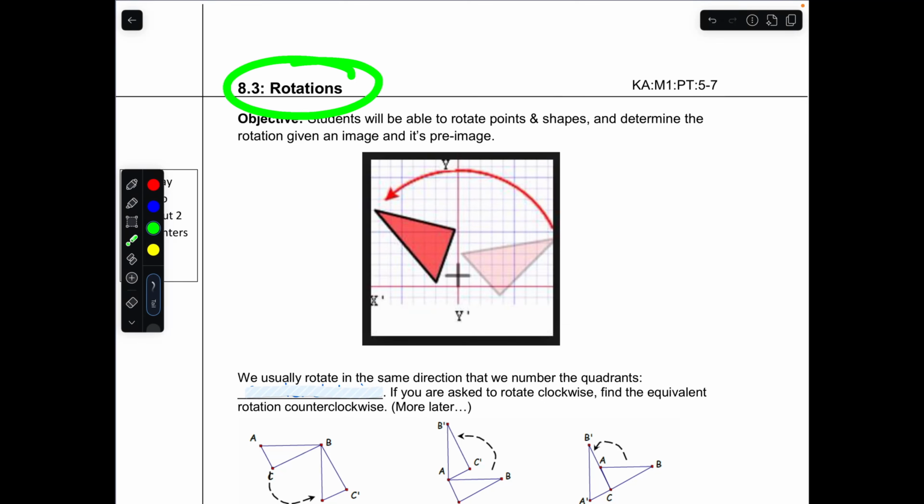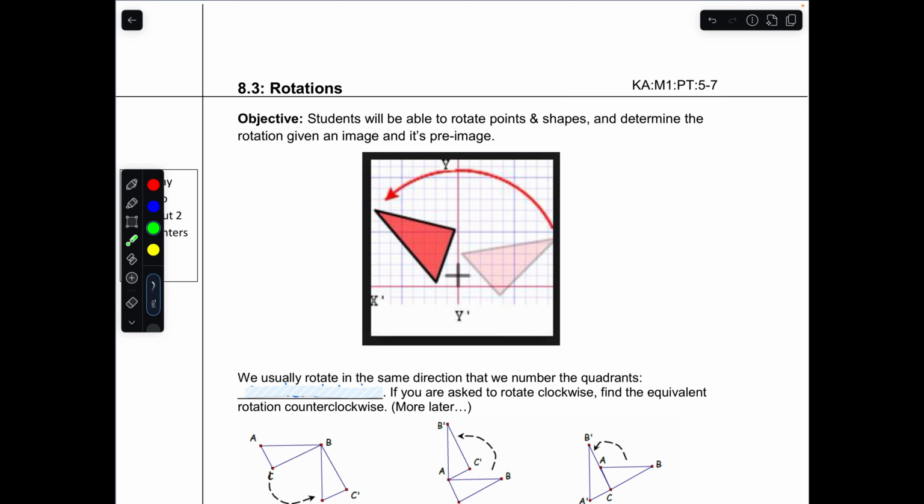All right, this is lesson 8.3, rotations. This is our third rigid transformation that we're learning about, our last one before we get to a non-rigid transformation called dilations. But these rotations are rigid, so they'll keep the same size and shape. Our objective is that you'll be able to rotate points and shapes and determine the rotation given an image and